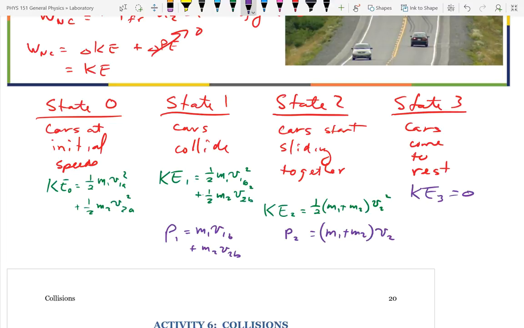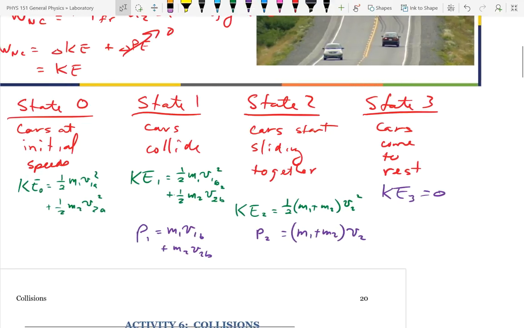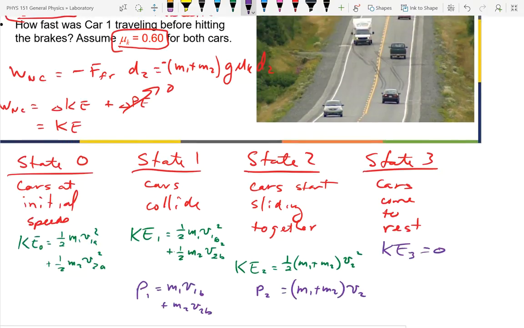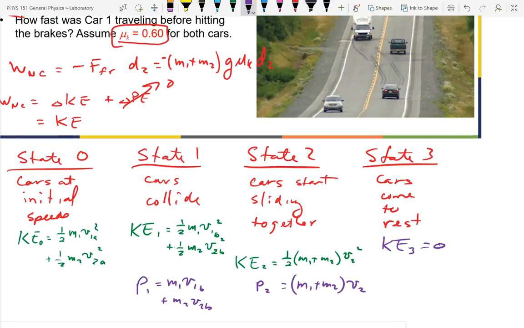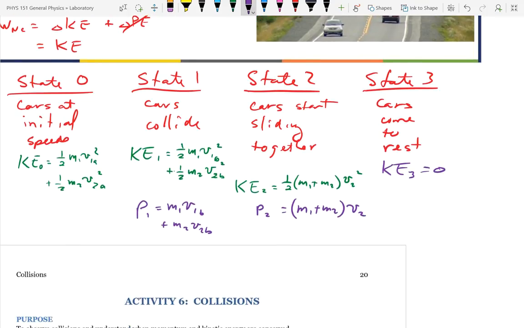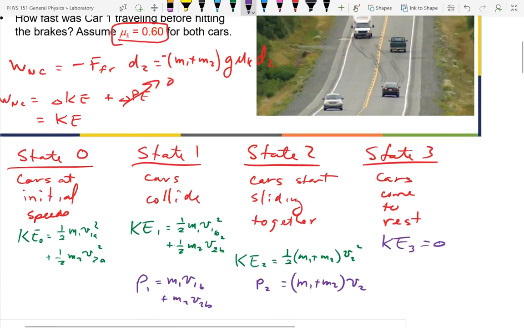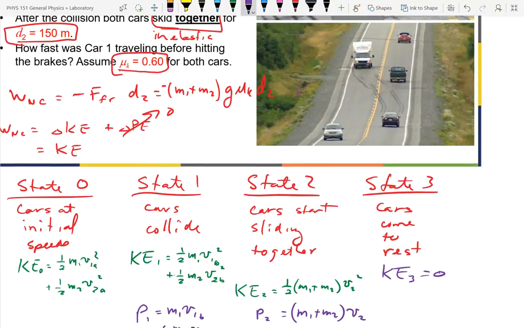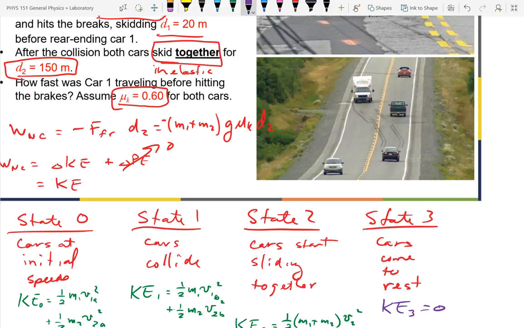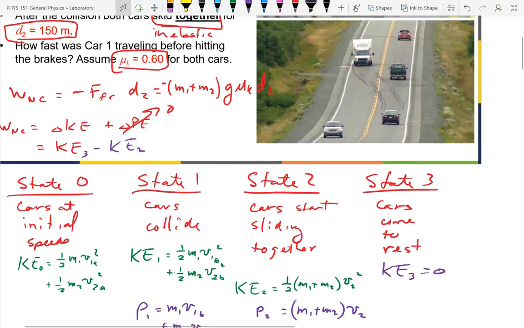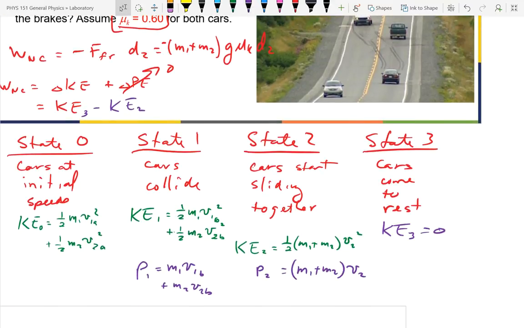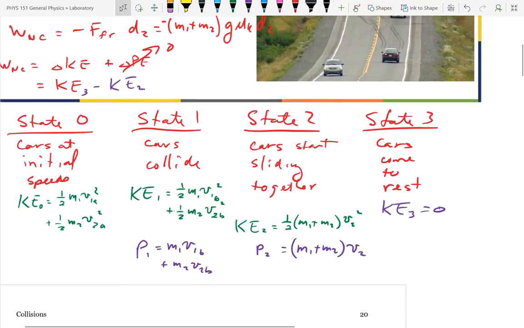We can take the work energy relations here. So we have this work non-conservative is equal to the difference between kinetic energy 3 and kinetic energy 2. The final was 3, the initial was 2. And so putting that in, I get an equation that says